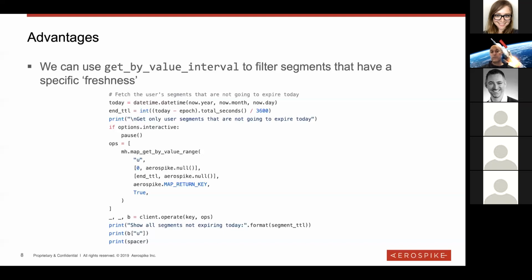Now I'll point you to one weird thing that is happening here, which is the difference between the generic name, which is get by value interval, and the name in the Python client, which is map get by value range. Aerospike doesn't have a query language. It's not like SQL, which is a generic, high-level language that's kind of human readable, right? Aerospike is actually all about efficiency. So there are specific language clients. There are SDKs for different languages, right? There's a C client, a Java client, a Python client, etc.